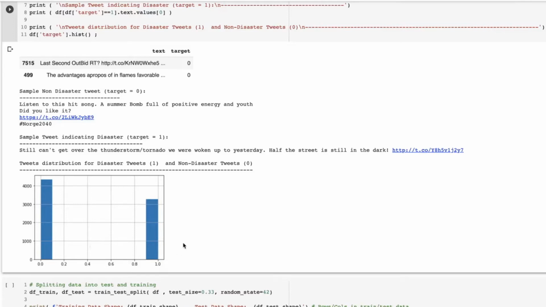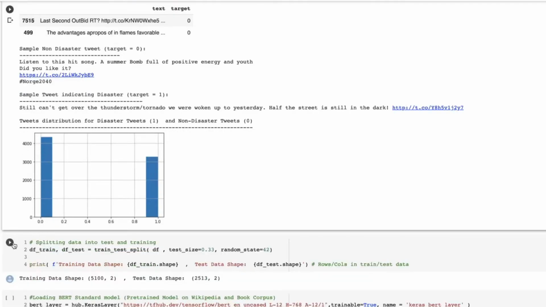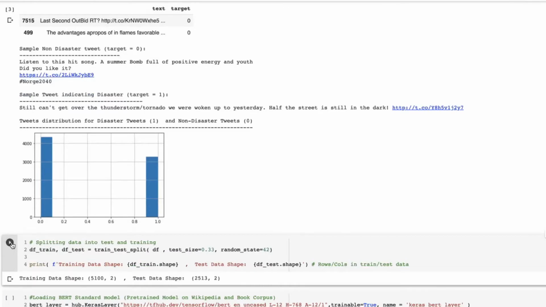As you see here, data is fairly well distributed. Okay, so let's split into the train and test. So we have 5,100 records for training and 2,513 records for testing.